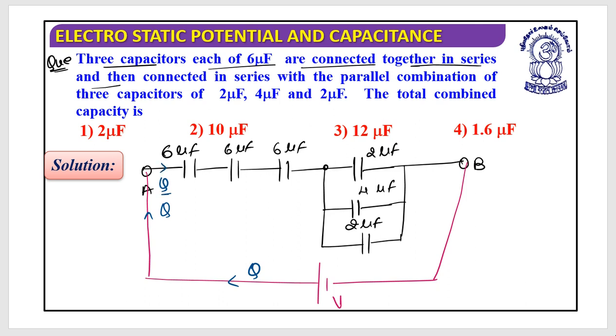Now my charge Q doesn't have any alternate up till this, that it must be passing through this 6 and this 6. When it reaches here, it has been provided with the alternate options, that either it can go through this, or it can go through this, or it can go through this. So if you observe the situation very carefully, up to